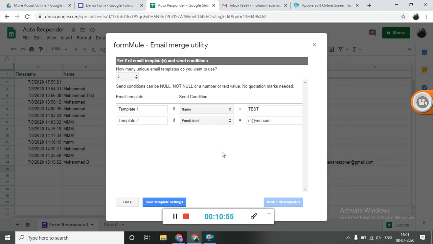Then this application will send an email only if the name is test, and only if the email address is m@me.com.